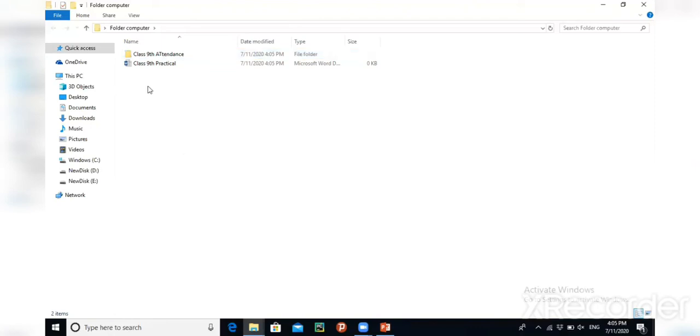Now you can see the difference. This type of yellowish or skin color icon shows the folder, but this is the icon of some program file. Like this is a file, this is a folder, and this is a file. What's the difference? This is a file because it is created in MS Word, and it has a different icon other than the folder. A folder can contain multiple files like a Word file, PowerPoint, Excel, or some pictures or icons according to the user's requirement.